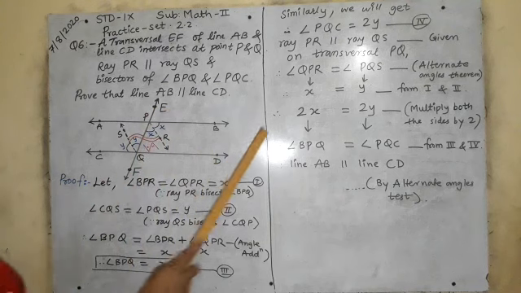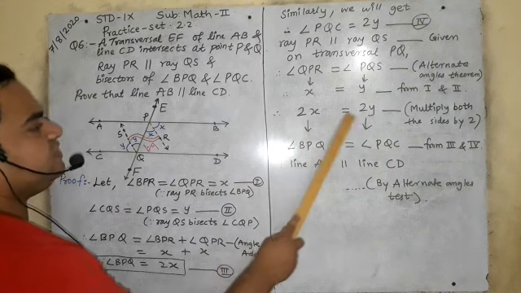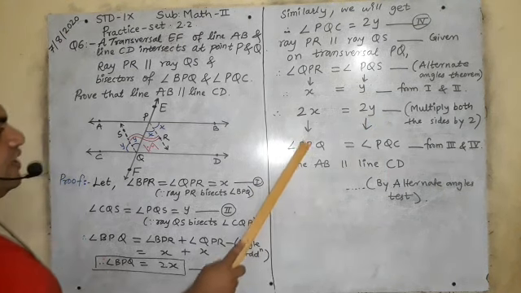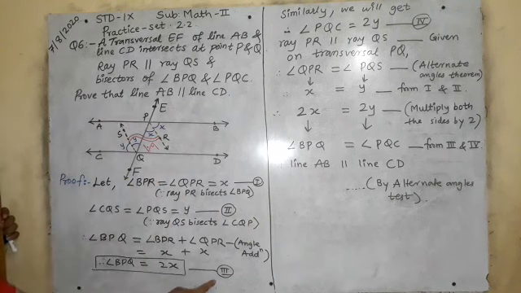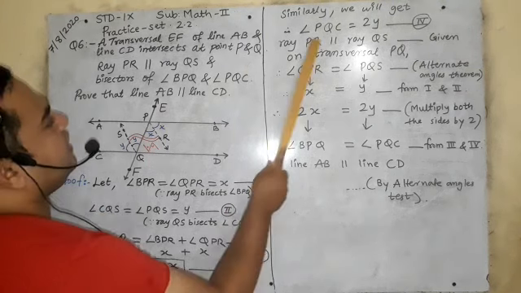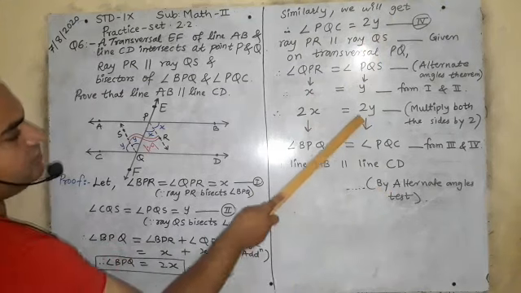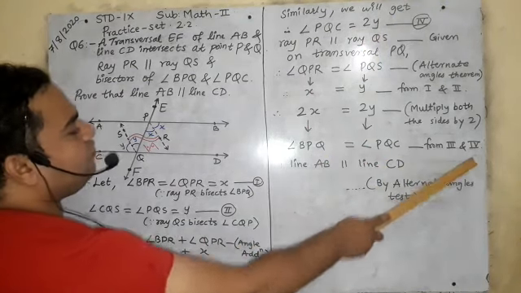And if I will multiply it by 2, अगर मैं दोनों को multiply by 2 करूँगा, so it will be 2x and 2y. And 2x is the value of angle BPQ. Can you see here? BPQ, it is written here in third equation. Angle BPQ is equal to 2x. Okay, then see the fourth one, and angle PQC is equal to 2y. So 2y की जगह पे हम लिखेंगे angle PQC from third and fourth.